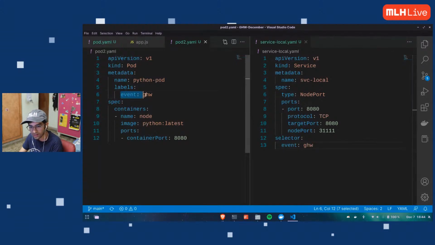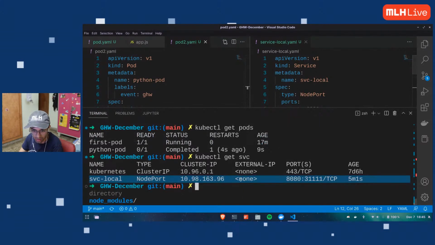Here I added a label to this pod, this very unique label that only this pod can have. If I go here, kubectl get pods, one way to identify a pod is the name of the pod. But I can have the same name for multiple pods. I'm going to show you that in the next stream.